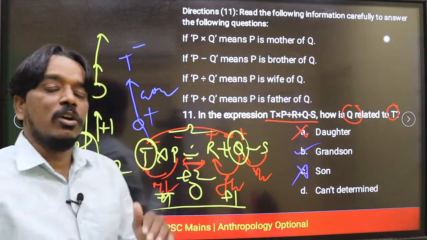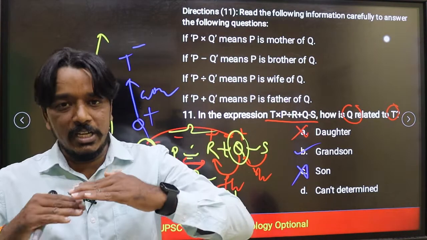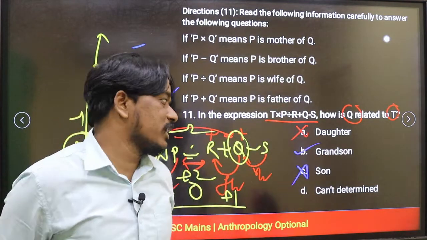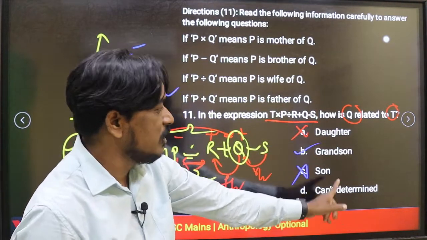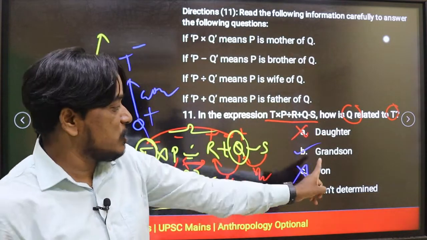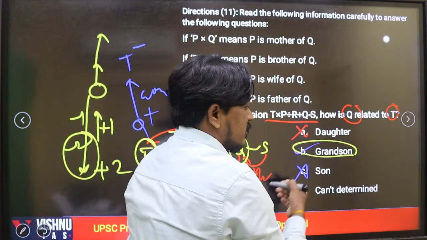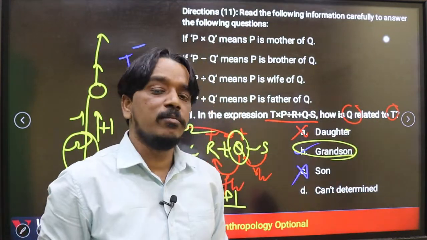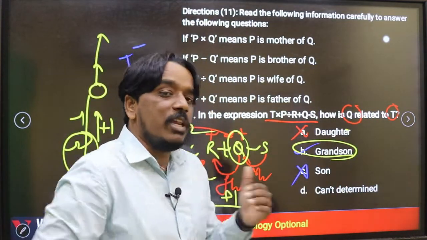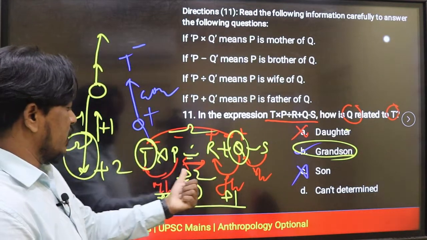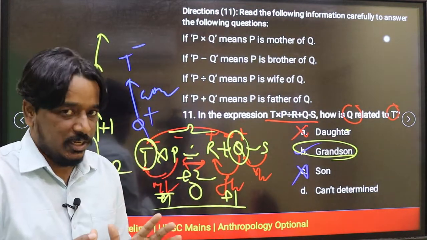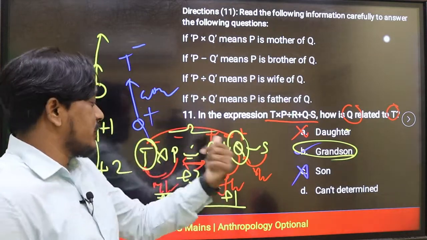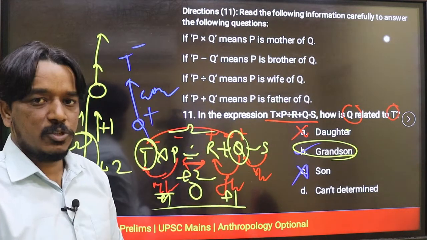Obviously, at minus 2 we have grandchildren. Minus 1 is the first generation down, children; minus 2 is grandchildren. Minus 2 is the correct answer. In all these options, what is the minus 2 generation relation? Only grandson. Daughter is minus 1, son is minus 1. This is grandson, minus 2. But we require more and more practice to apply these types of generation techniques. The gender technique is very, very important. Focus on the gender technique first, later focus on how to answer these types of questions.